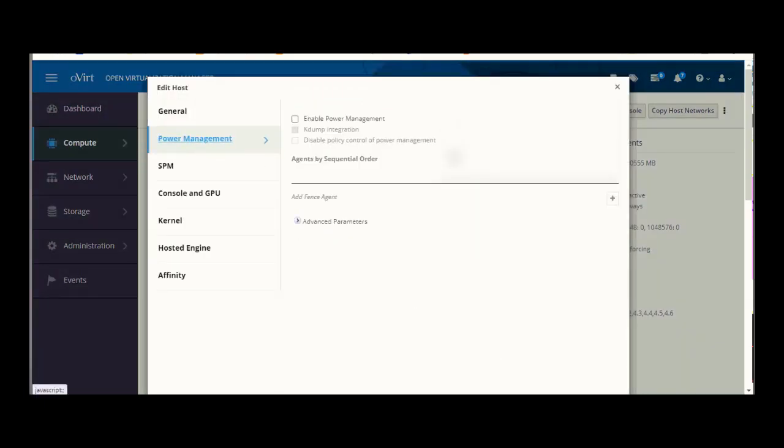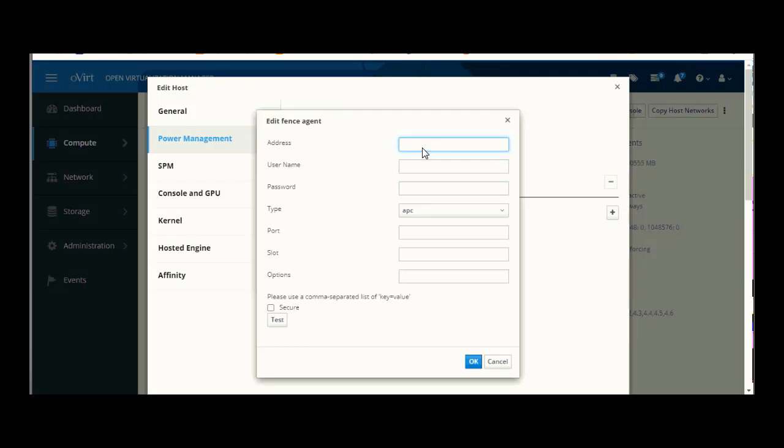Go to Power Management. By default it's disabled, so enable power management and KDump integration, click the plus sign and give the address of the IPMI host, iDRAC host or any HP host.